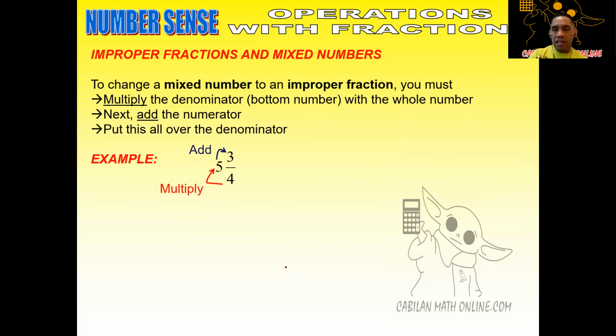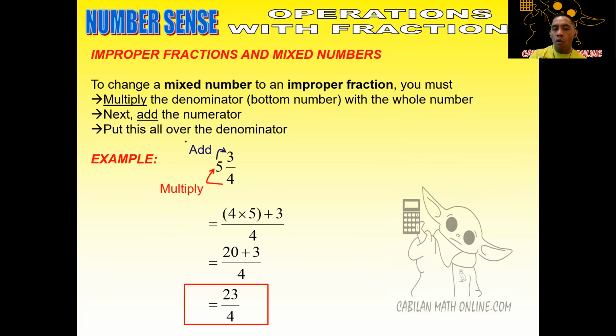So just to break this down step by step here, notice what I've done in brackets. I've multiplied the 4 and the 5 together, and that's going to give me 20. And to that 20, we're going to add 3, which gives us an improper fraction of 23 over 4. Notice that our resulting answer here is an improper fraction,